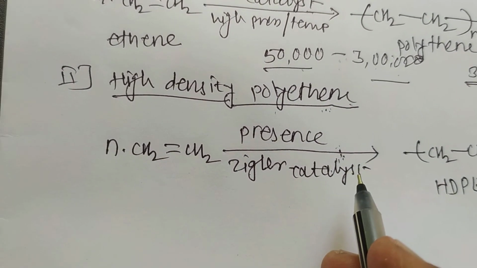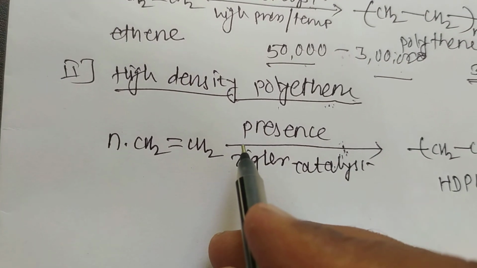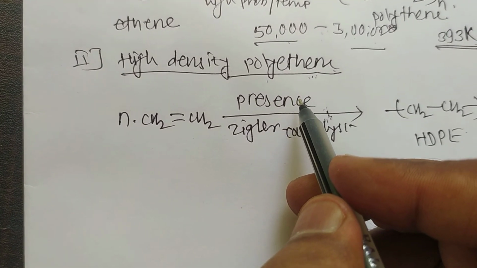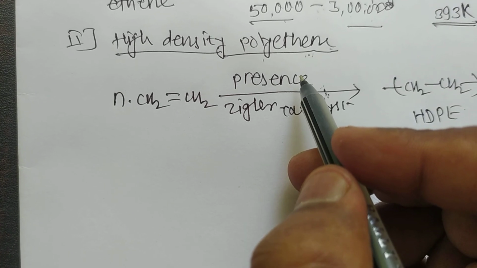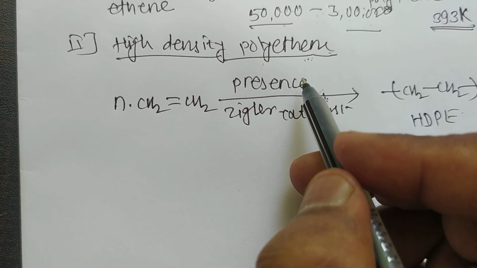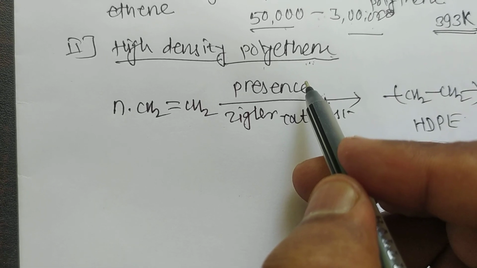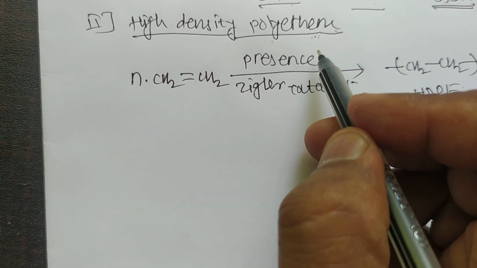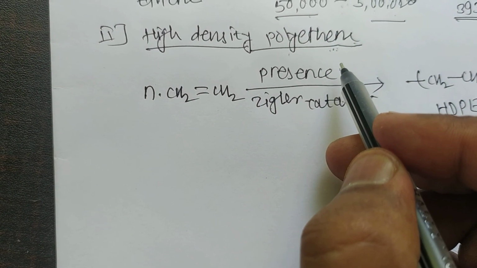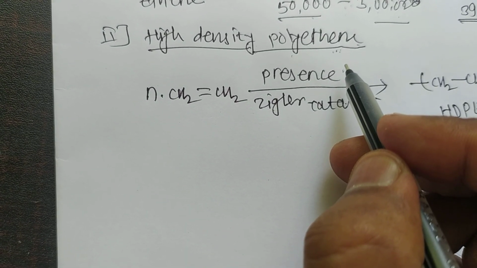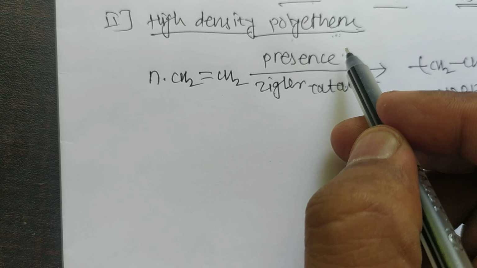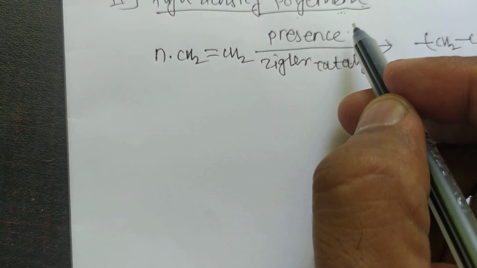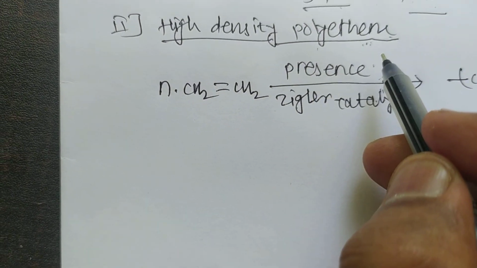Okay, then uses of polyethylene. It is chemically inert, tough, pliable over a wide range of temperature, and it is also used without plasticizer or filler and can readily be colored. Next application is it is used to make many household articles and particularly bottles, toys, and it is also used as an electrical insulator because it is electrically very poor, and it is used in sheets for packing and as a coating because it is easily rolled into thin films.